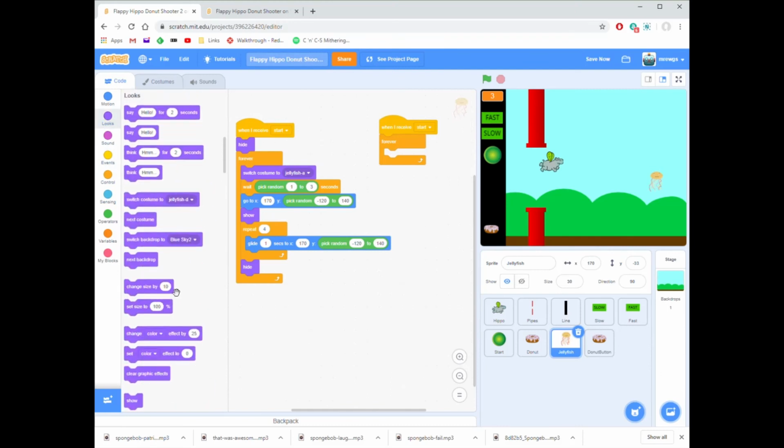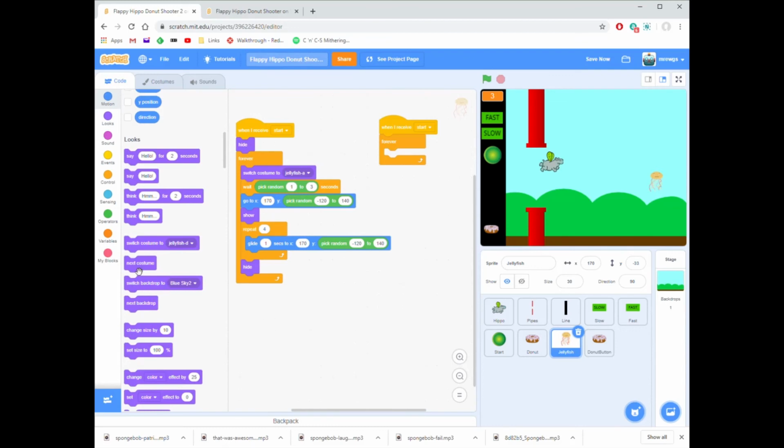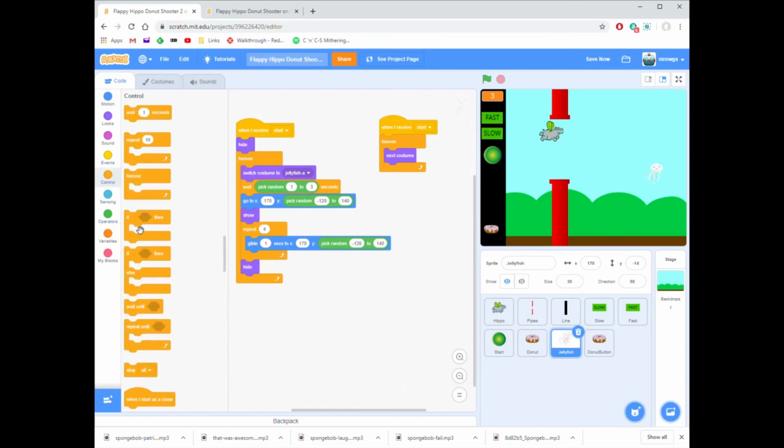First thing I'm going to do is say next costume, because I want the jellyfish to animate through the costumes. Now you can obviously make it a slower animation, but I quite like the fast animation there, because the jellyfish is supposed to be annoying and fast colour change like that is quite annoying. So that's going to handle animating the jellyfish,